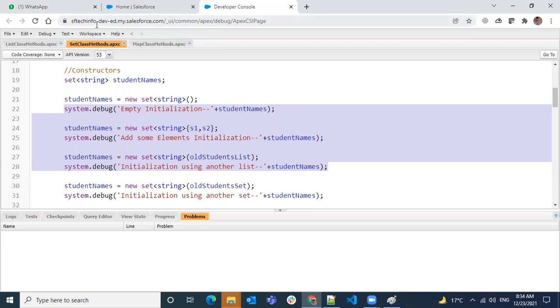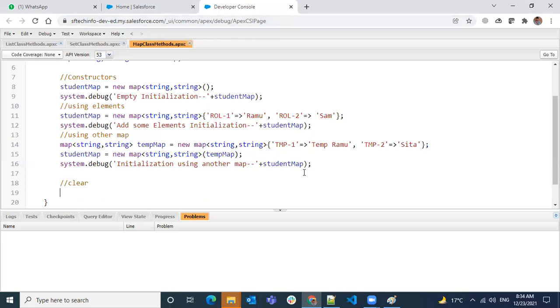Usually in practice, when we use the collections, we will not manually assign the values to it. We'll query the data from the database, and we try to store those values into any of these collections, either set, list, or a map. Or when we have the data somewhere, we take it and usually use for loops to iterate it. We don't write code to hard code that many values. If you have scenarios like that, you have to write those many lines. No option.